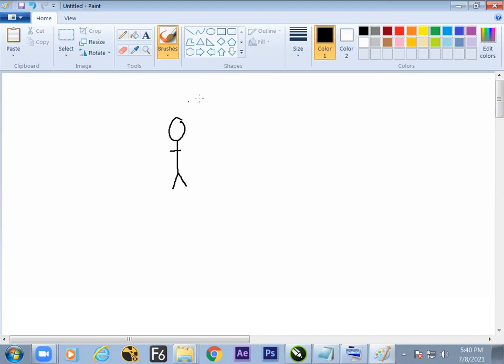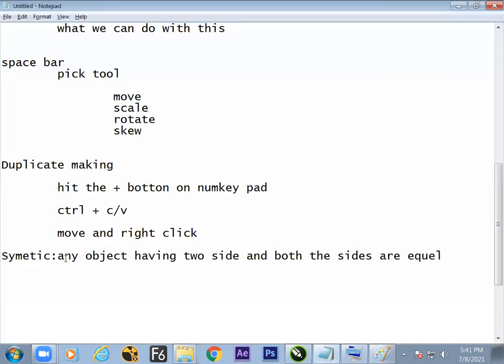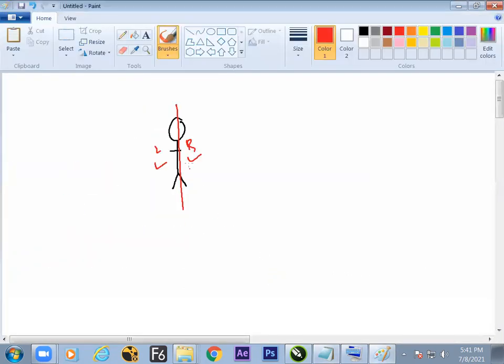Any object having 2 sides and both the sides are equal. It does have 2 sides and both the sides are equal. It turns into a design and the rule is symmetric. So if a human being is looking beautiful, the reason behind it is a mathematical structure: left and right are equal. So hope we got to know the name of the rule, definition of the rule, and example of the rule.